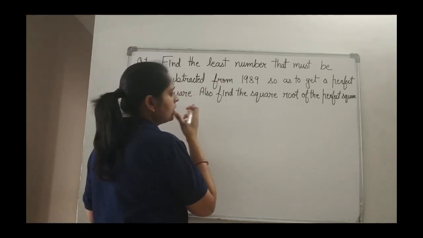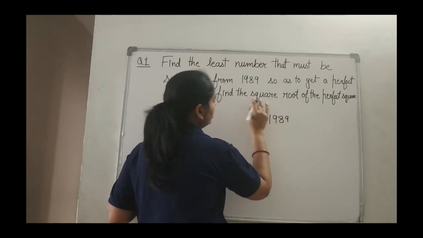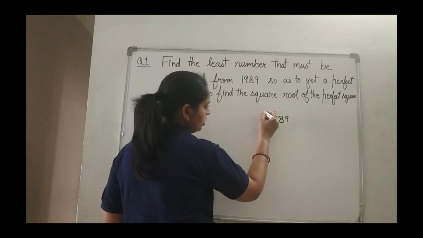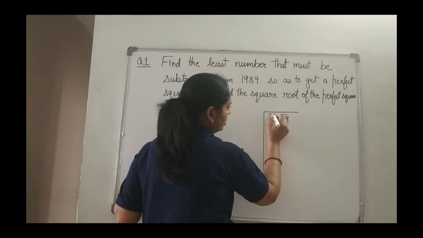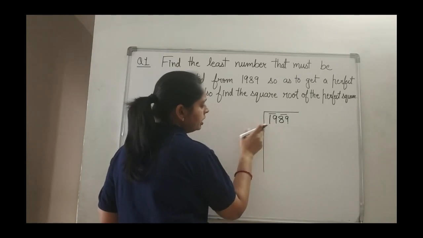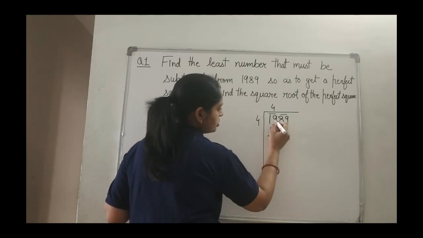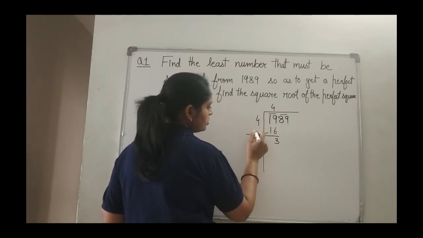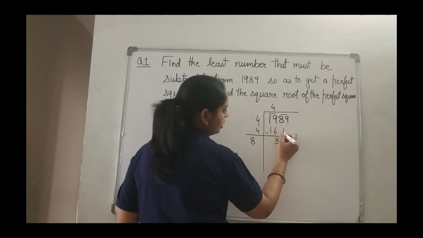So for this again, we have to do the division method on 1989. We have to see what is to be subtracted. So we have to see which perfect square number this is near to. For that we do the division method. Again we will do the pairing. 19 is there. So what will you take? 4 4s are 16, because 5 5s are 25 will be more than 19. So you subtract. You got 3. And here 4 is there, so 4 is added. 4 plus 4 is 8. Now the next pair we got is 89.